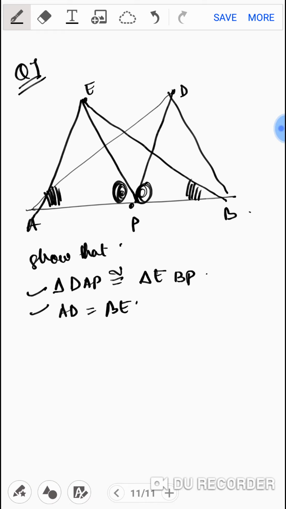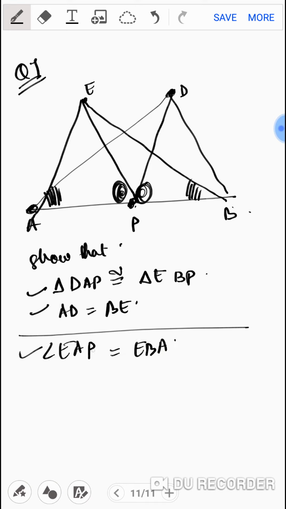Shall we start? Okay. Now what things are given to you? First you have to just look at the requirement of your question. Don't just directly jump onto the answer. Look what it is asked for. See, you have triangle DAP, and then they have asked for EBP. So if you notice, in that I can take one condition which is given. So first condition is angle EAP is equal to angle EBA. That's your first angle which is congruent. That's the first reason of congruency.